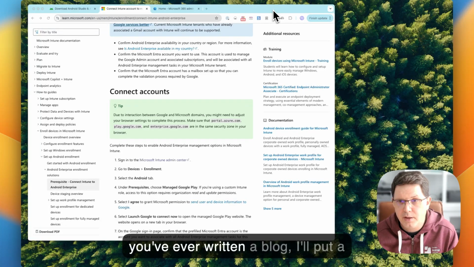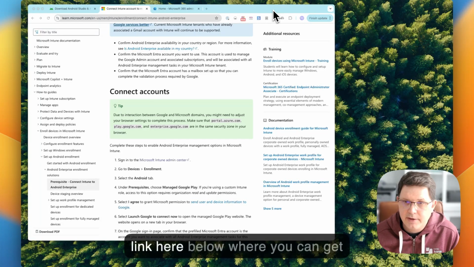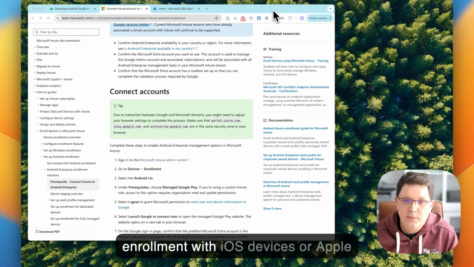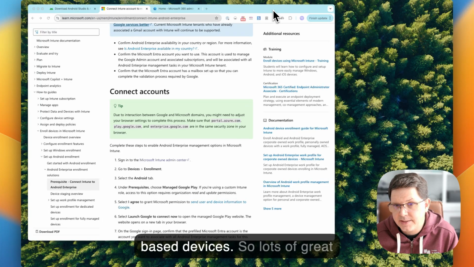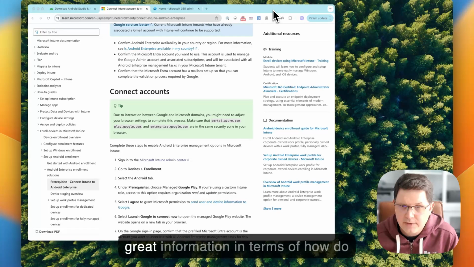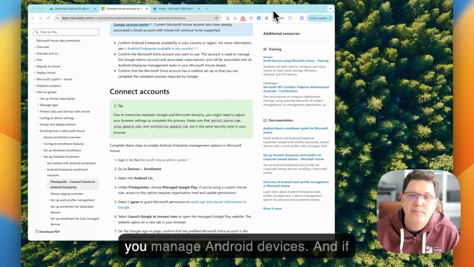I've even written a blog, and I'll put a link below where you can get more information about user enrollment with iOS devices or Apple-based devices. So lots of great information there, but not a lot of great information in terms of how do you manage